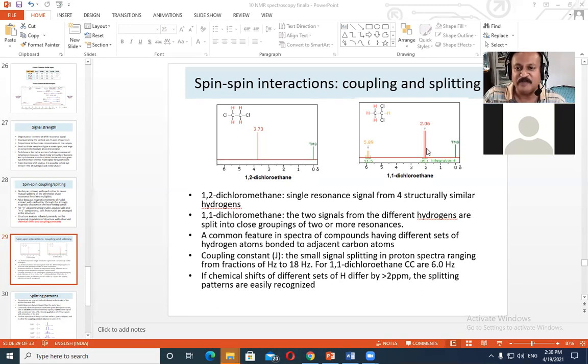Now of course we are not experts, even myself, I am not an expert in NMR spectroscopy. Whatever I have learned is either through some of the samples which I have analyzed in my lifetime, or because my teachers told me something, and then I have been reading some literature about this, and whatever I have read I am telling you. But to an expert, the analysis of these molecules is quite simple, as they are quite simple molecules.